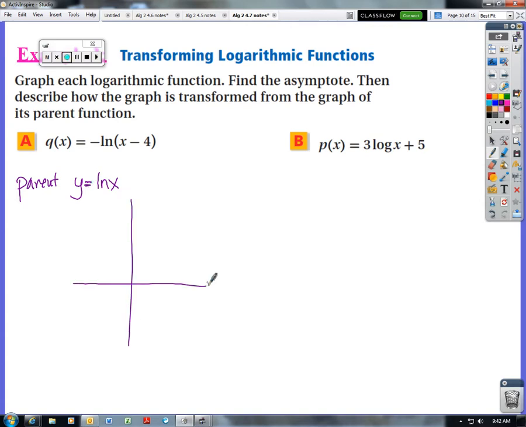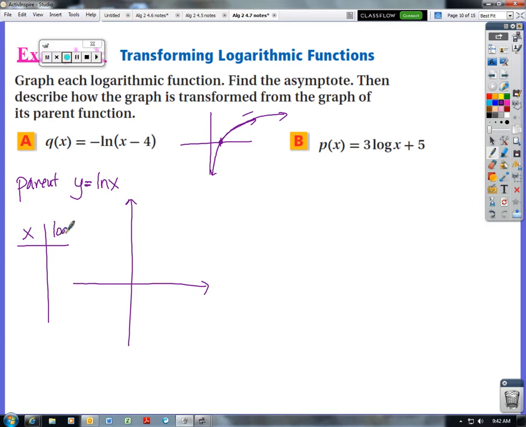In order to graph natural log of x by hand, the quick way, first of all, you need to know what logarithms look like. All logarithms, the parent functions of all logs, go through 1, 0, and they have this basic shape. How steep or how big will vary a little bit based on the base, but this is the basic shape. So if you know that basic shape, you can graph any logarithm, just sketch it out. So in this case, if I'm just graphing these by hand, which you can do as long as you know the basic shape,